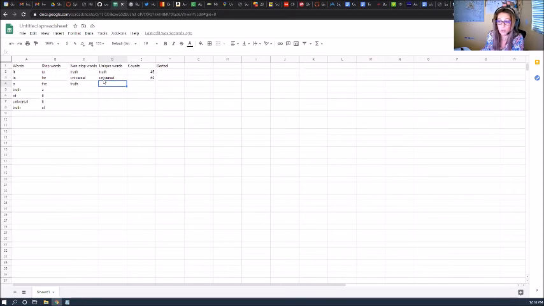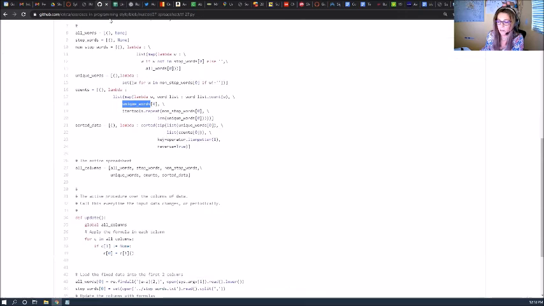So what I'm going to do to count is traverse the unique words. I'm going to traverse column D. This is the one that I'm going to traverse. And then for each of the words on column D, I'm going to count how many times it occurs on column C. This is an important step that I had skipped. So basically the formulas that you see that look very confusing,